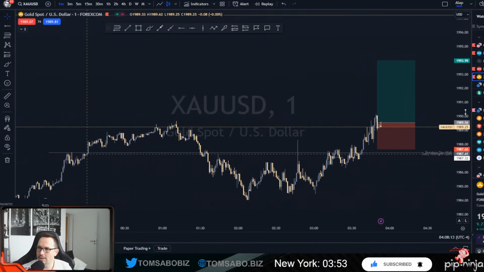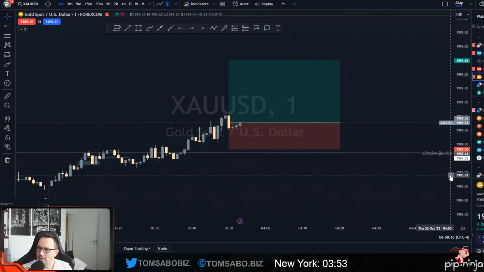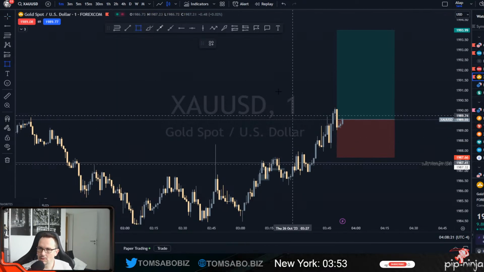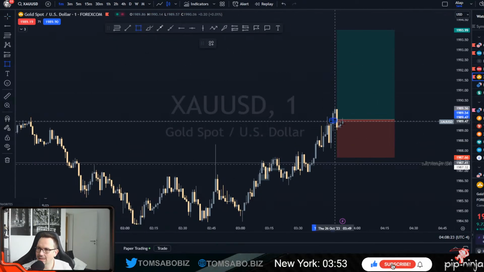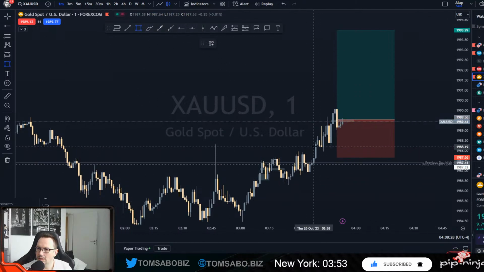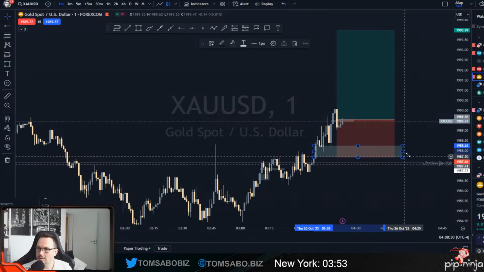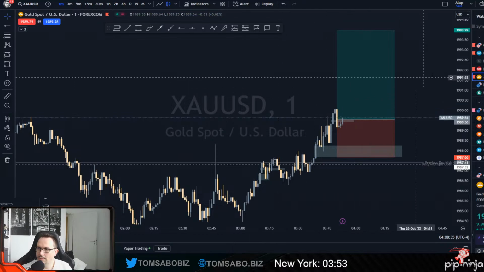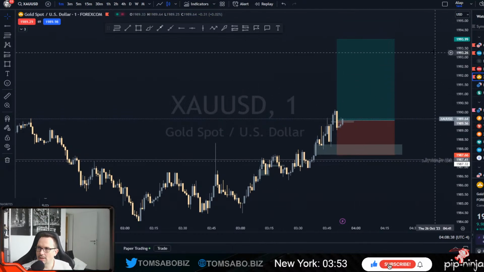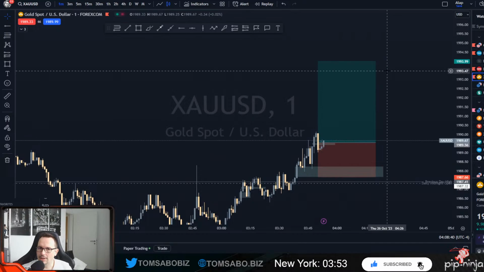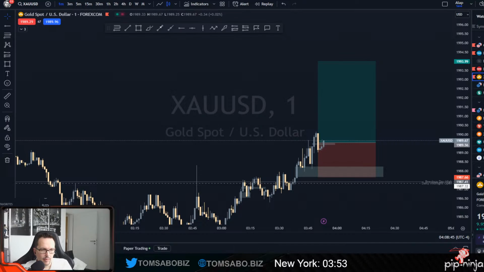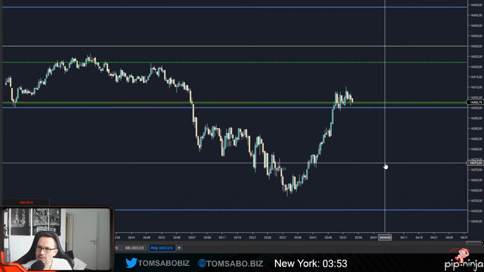It's a 1 minute entry. The 1 minute entry is based on this. Well, actually, small fair value gap there. There is a fair value gap down there as well. That's why I put my stop below there. I'm still very confident that this one could go higher. So let's wait. And NQ is stuck here.